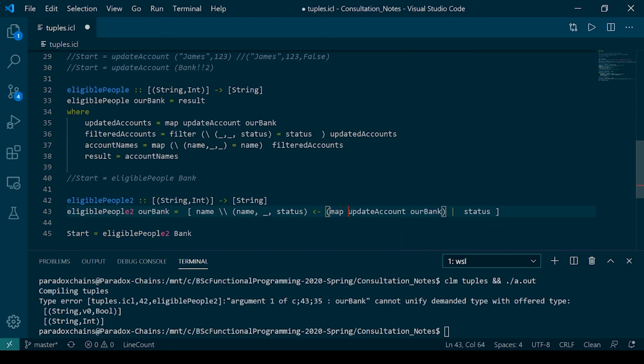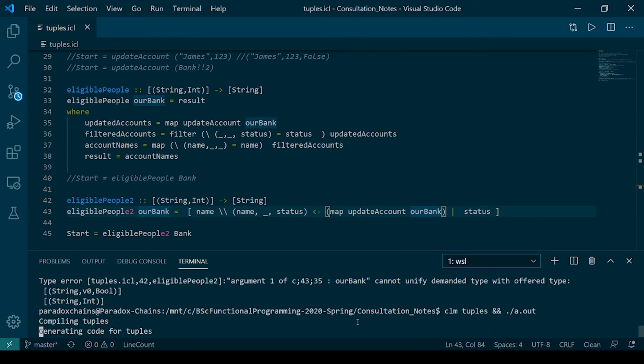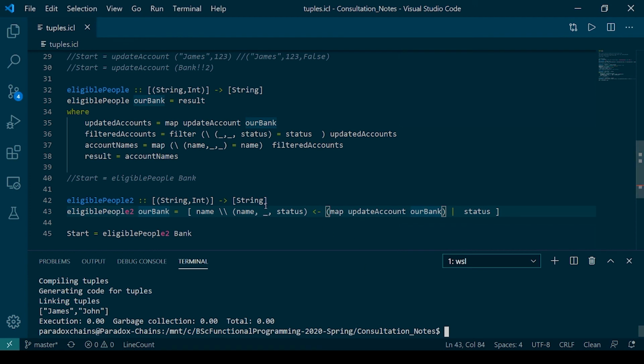Oh, we'll map that. So first we map update account on our bank. So we update the accounts. We extract each of that out. Based on the status, we get the name. Okay. There we go. So this is a little less readable than this, but